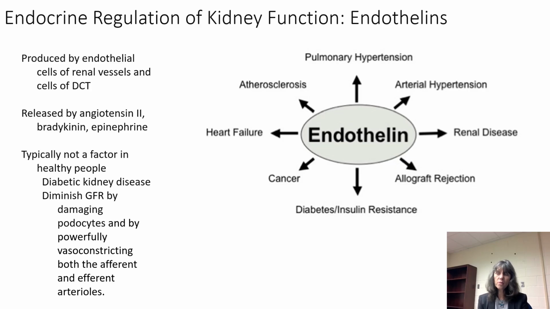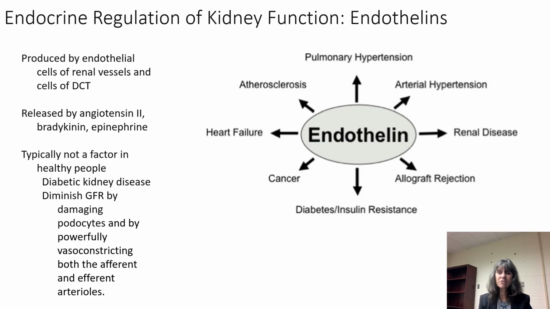There are also other hormones known as endothelins produced by the endothelial cells of renal blood vessels, as well as the cells of the distal convoluted tubules. And these endothelins are released in the presence of angiotensin 2, as well as other chemicals, bradykinins and epinephrine. They're typically not a factor in healthy people. They're released when people are experiencing diabetic kidney disease, and they diminish glomerular filtration rate by damaging the podocytes and by causing powerful vasoconstriction in both the